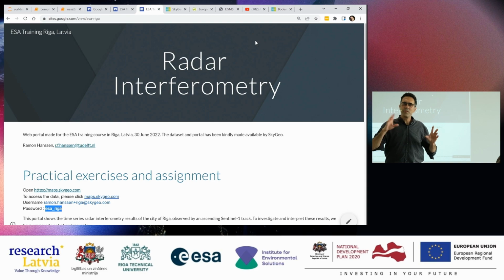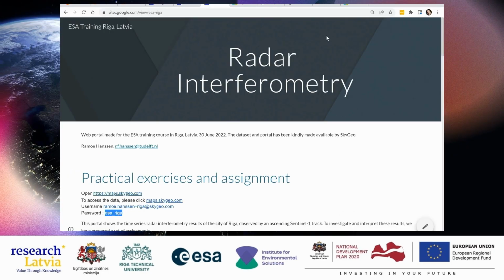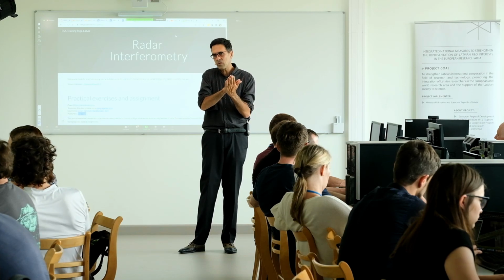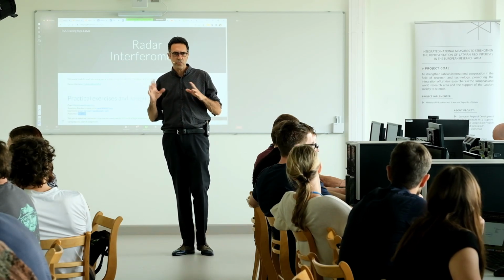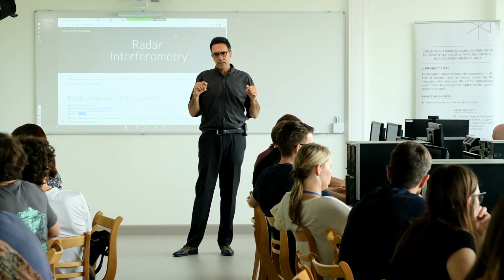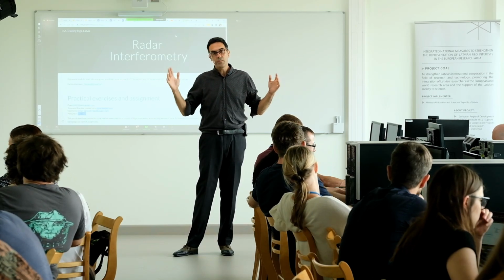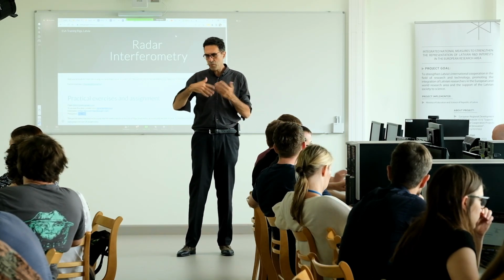Before you go on, let me briefly explain what my intention is. We created this portal. One step back: when Francesco and I did these courses a long time ago, we started basically with making an interferogram. You had SAR image 1, SAR image 2, and ESA has made great software called Snap, which you can use to make the interferogram, and then you get the fringes. You can choose images of an earthquake or of Latvia. The problem is that it costs time, because Sentinel images are very big, and you need to go through processing software.